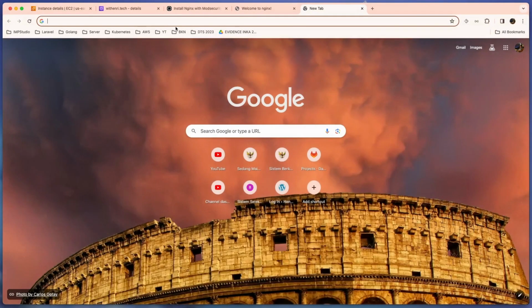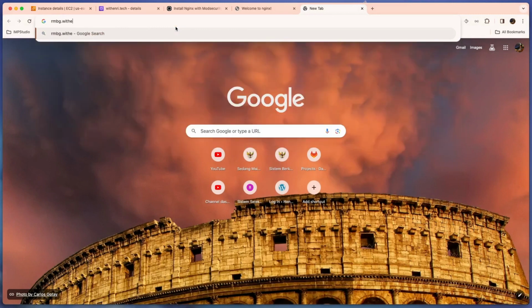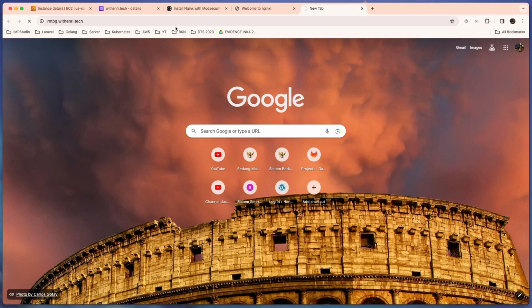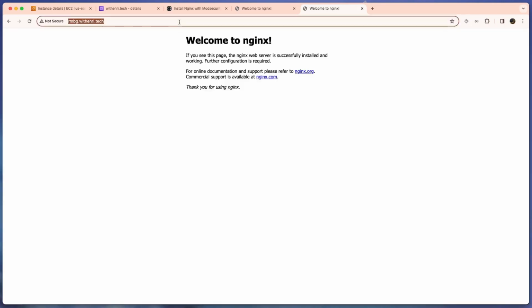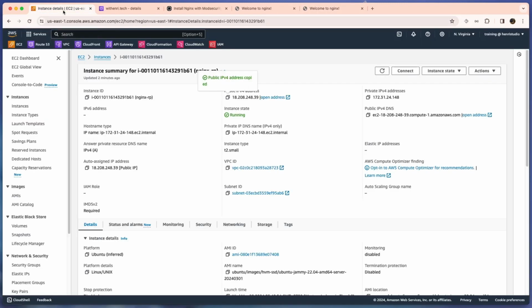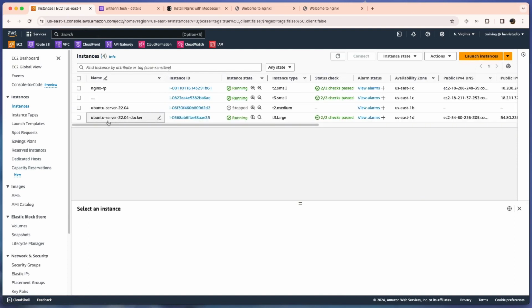Let's try to access with the domain name. Looks like unresolved. Oh, okay, it resolved, so we can access the domain name right now pointing to our server. Okay, now we will go to our Docker container.